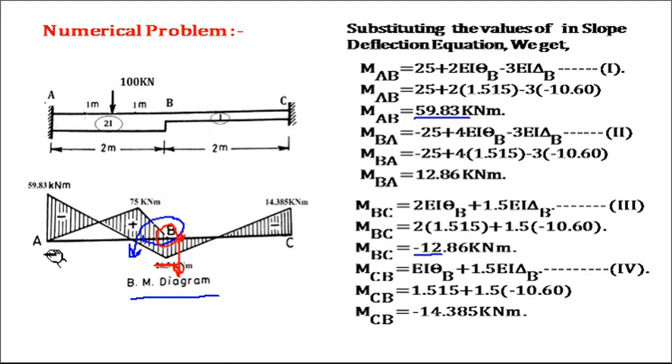Okay, now here as there is a point load at the center, so this value will be WL by 4. Okay, here there is no load, so 0. So connect this by a straight line as it is point load. Here there is no load, so you know this moment at A, moment at B and moment at C. So join it by the straight line. So this is the superimposed bending moment diagram for the given problem.